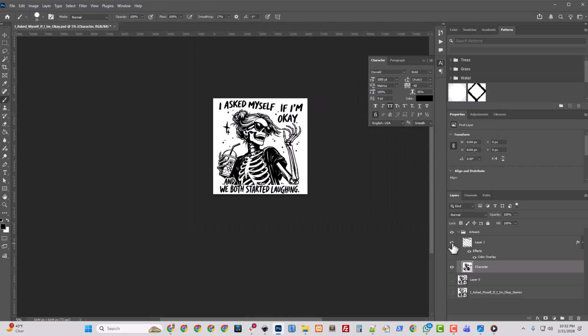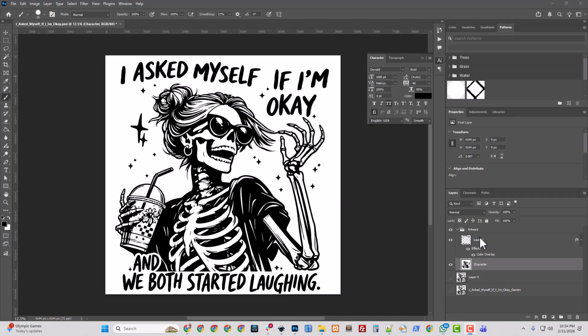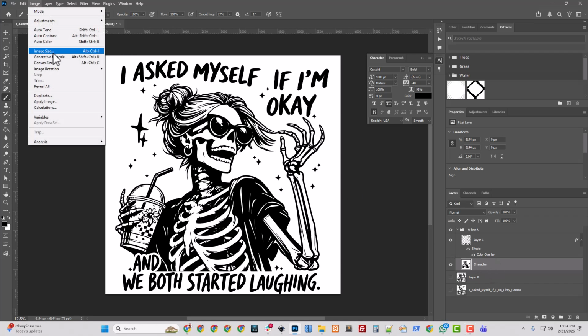Okay, so I got my two pieces. So I'm going to trace these in Inkscape. I've got some really high detail here in this image still, even though ChatGPT did a good job of simplifying it. We've got some detail. So I don't want to go too small.